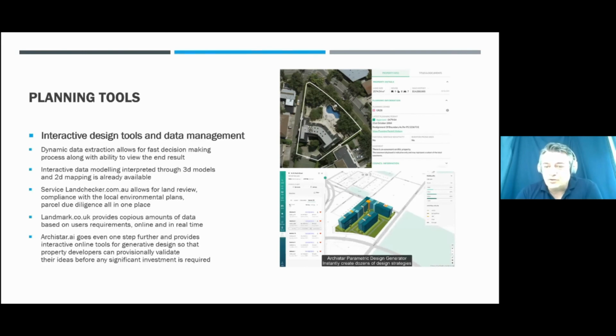That's a company also owned and operated from Australia. It's not available across the entire nation. It's available only in two states, and I think New South Wales is coming up, so that would be three. And that Land Checker allows you to actually interactively check all the plans and all the legislation for a certain lot